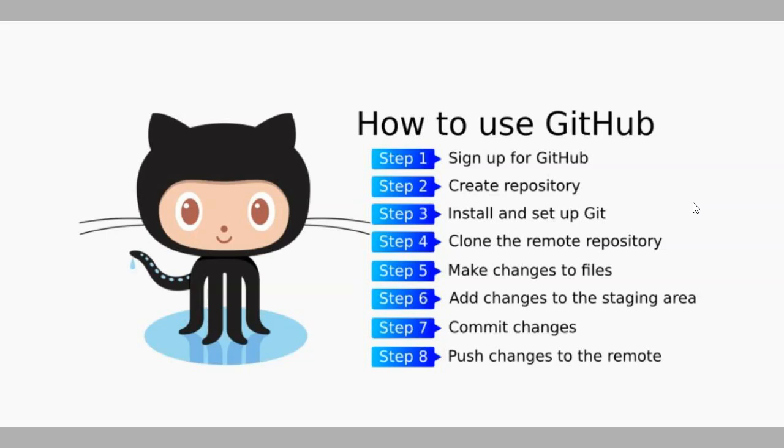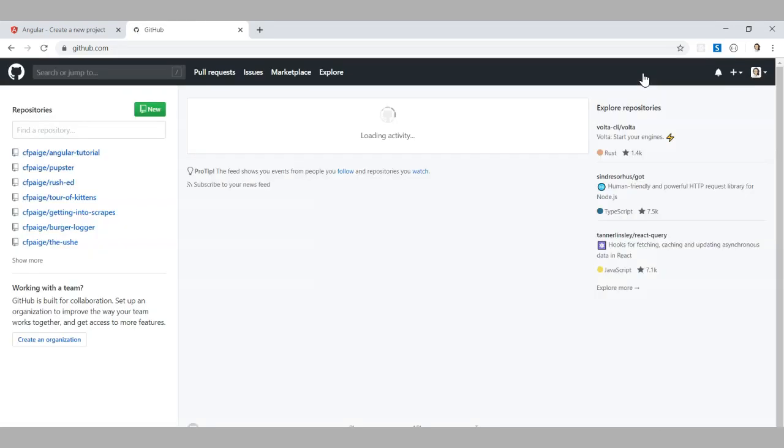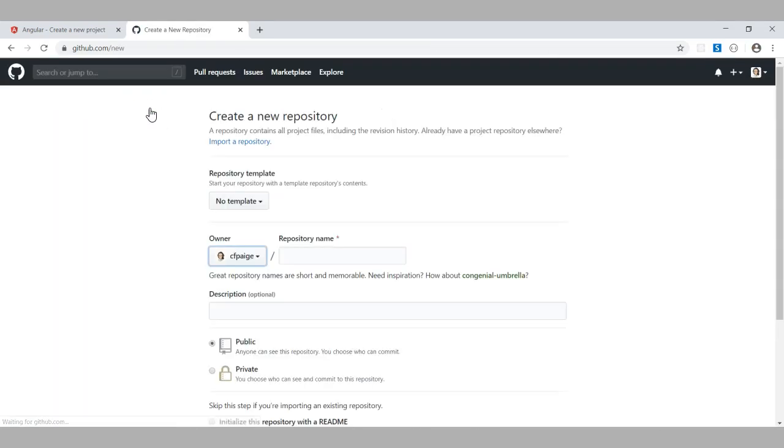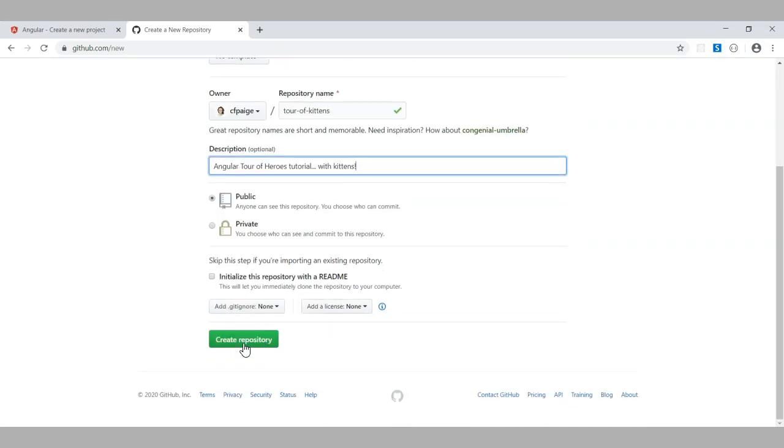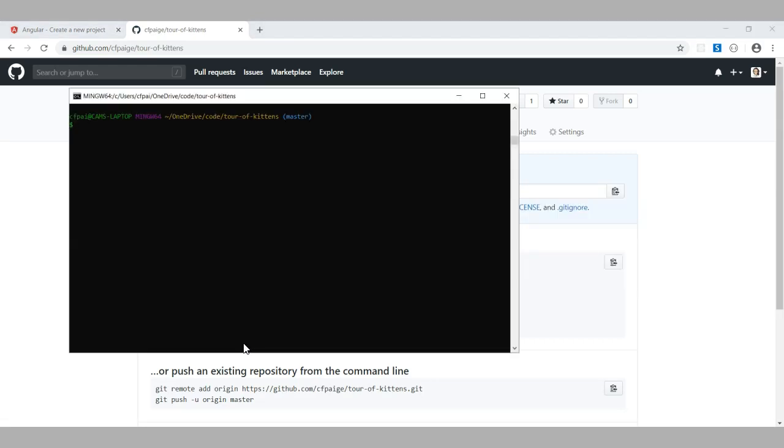Here's how. First, create your Angular app, then come to GitHub. Sign in, like this, and click on New to create a new repository. Give it a name, preferably the same one you gave your app. And I also like to write a description. It's only kind. And do not initialize with any files on the GitHub side, or it will create conflicts with Angular. Now copy the address in the quick setup, and let's go back to the command line for a bit